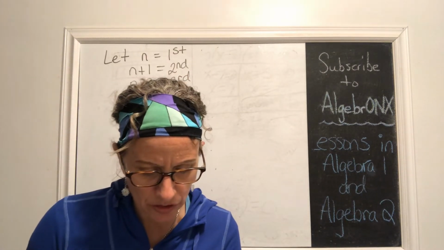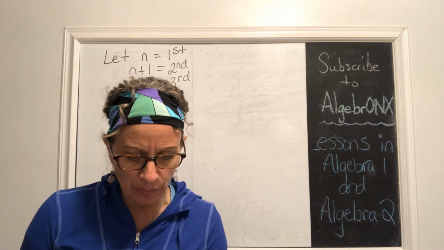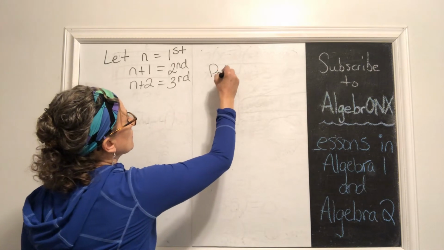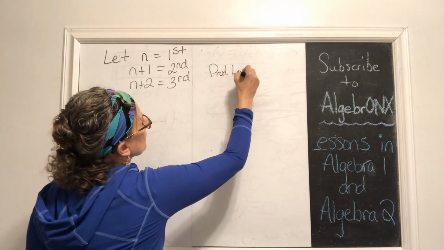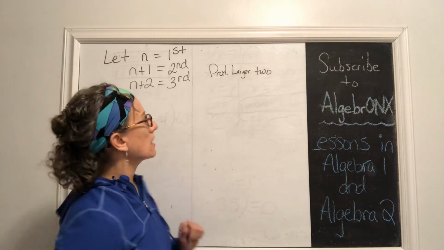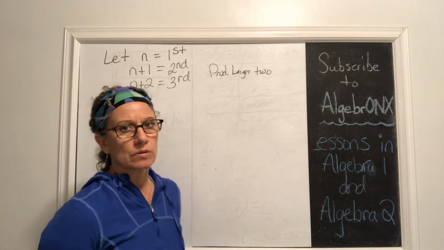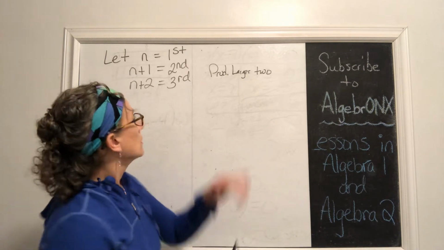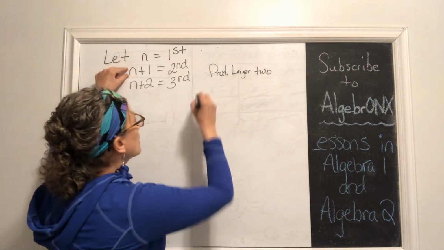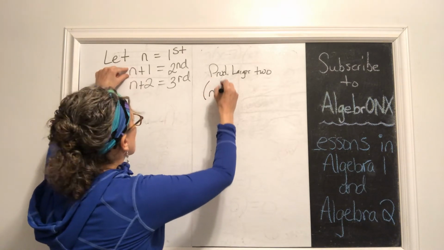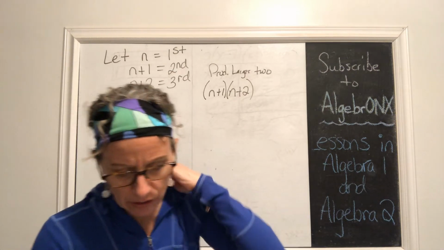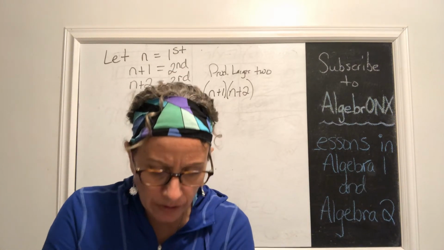Now they have a property that the product of the larger 2. Let's stop right there and write what that is. Which are the larger 2? The second and the third. The product of them means to multiply. I'm multiplying the second and the third. The product of the larger 2